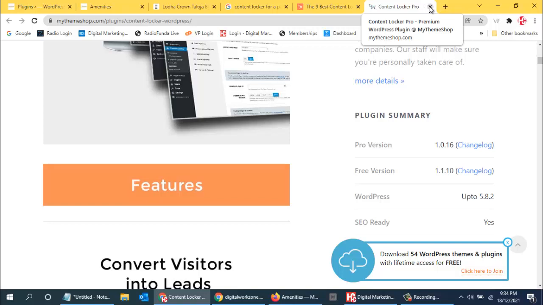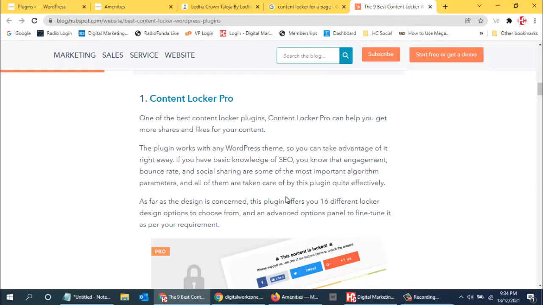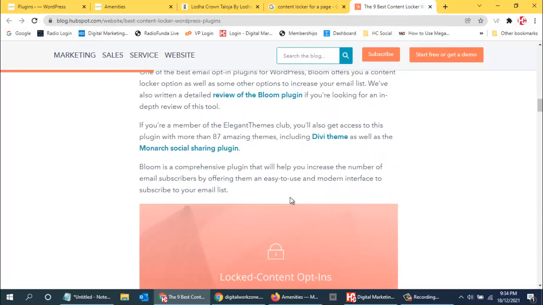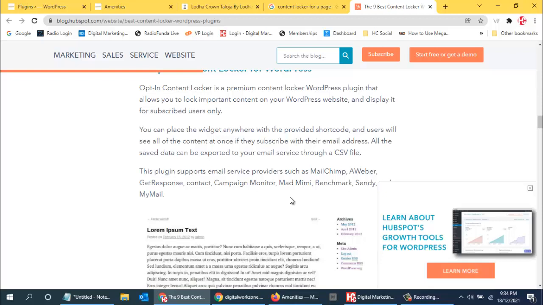So you can lock the content with the lead generation form or social media. Those options are there so that we can use. And in any case, instead of the phone number and all those things, if you use social media, that would be the best option, because you will get the real identity of the person, since that person might have a Facebook page or Twitter or LinkedIn or YouTube or Gmail. So I think that would be a better option.